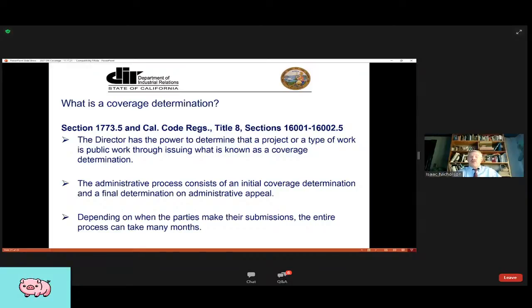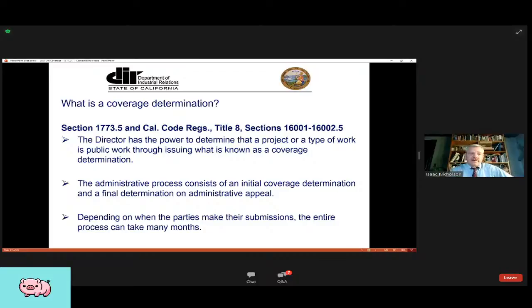You may want to get a favorable determination from my office, from the director, but if all interested parties are not included at the outset, there's going to be an administrative appeal where those interested parties will have an opportunity to submit records and information which may alter the coverage determination. So there's not really a great benefit to hiding the ball at the outset. It's much better to have all of the information necessary for the director to render a coverage determination provided at the outset. And depending on when the parties make their submissions, the entire process can take many months and often